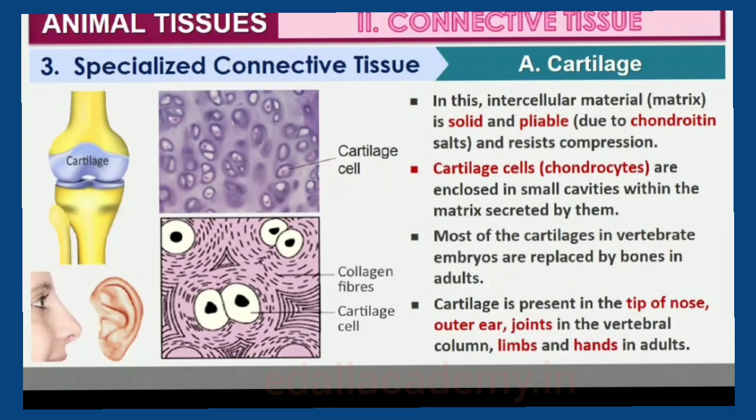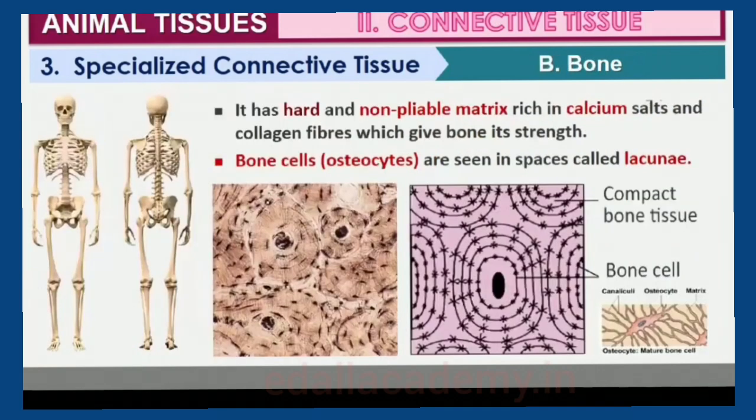Figure 7.6a. Most of the cartilages in vertebrate embryos are replaced by bones in adults. Cartilage is present in the tip of nose, outer ear joints, between adjacent bones of the vertebral column, limbs and hands in adults. Bones have a hard and non-pliable ground substance rich in calcium salts and collagen fibers which give